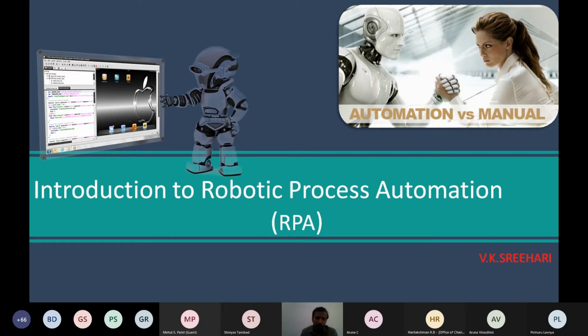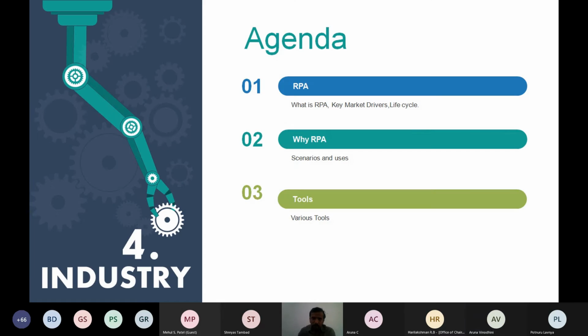The first session we'll explain the basics. The agenda today is to say what is RPA, who are the key market drivers, and the life cycle of robotic process automation. We'll also see why we go for an RPA, the scenarios behind it, and the users. And at the end, we'll try to list out some tools available for this automation purpose.